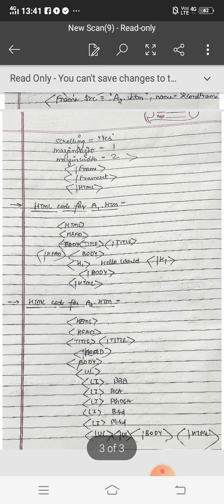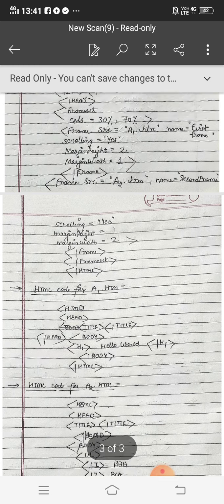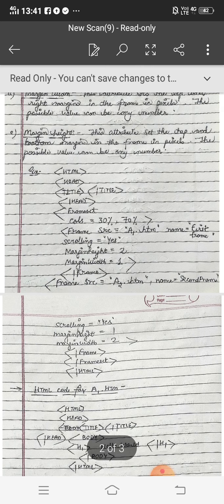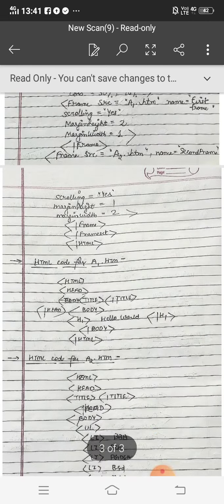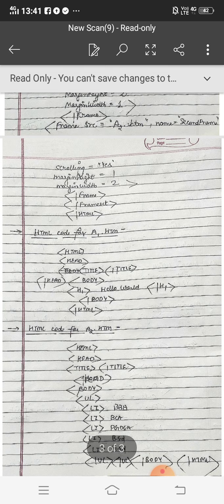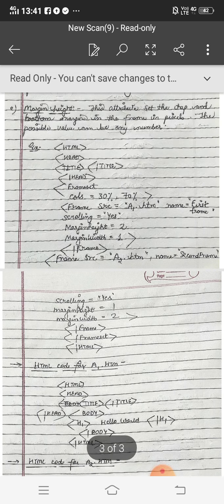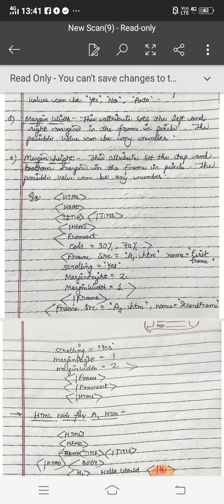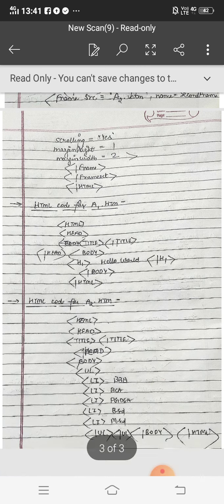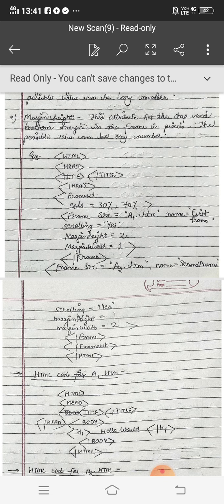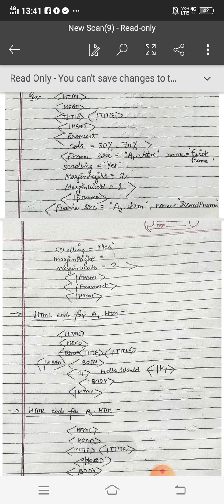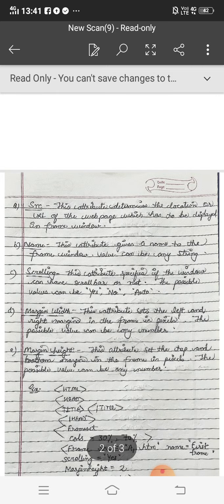So this is the method for inserting a page in a frame with the help of frame src, and the outer layout is made with the help of the frameset tag. Okay, so these are the tags with attributes, also with the example and the total pages that you are inserting. If you have made 3 pages, 3 partitions, then you will have to make a1, a2, a3 also. You can change the name, you can give any name, but it must be the same as you have written in frame src is equal to value. Okay, just do it properly, otherwise there will be an error or it will show as blank.